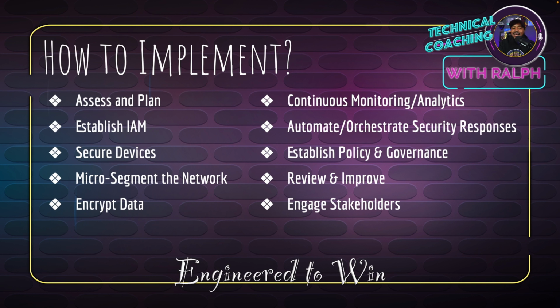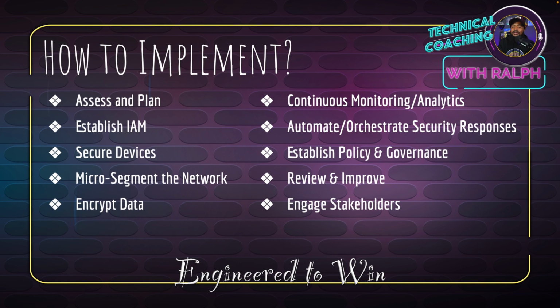And lastly, we have engage the stakeholders. So after you get all this work done, we also have to engage the stakeholders, involve key stakeholders, engage IT, security, and business leaders in the zero trust initiative, explain to them why it's so important, ensure alignment with organization goals, and obtain necessary support and resources. A lot of times, the security people just go off on a tangent and say, we need this, without explaining why. But with good explanation and getting buy-in, then we can make sure that everyone is security minded and that we can protect our organization, right?